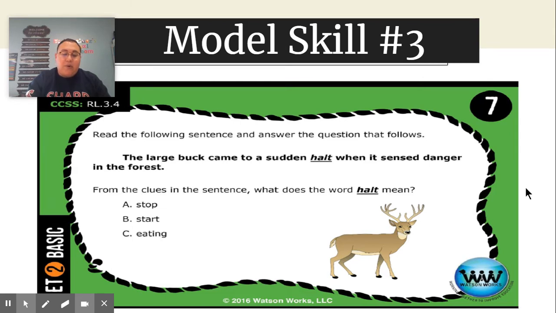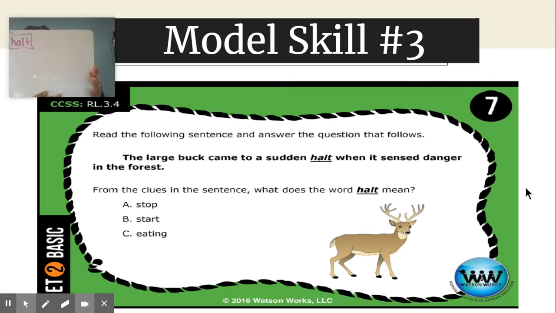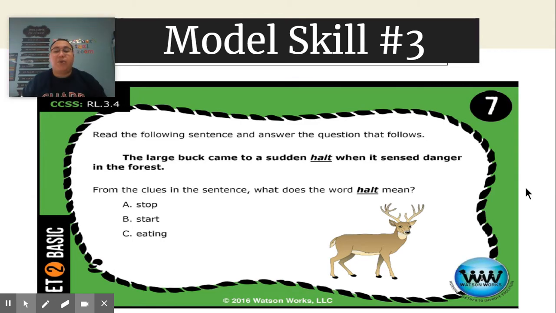So here's my unknown word, right? What are some clue words that I could use around? Sudden could be a clue word, right? I mean, just all of a sudden, right? Danger, right? And also forest. What do deers and bucks do in the forest? Well, they run, right? They run around the forest. That's their homes. So if they came to a sudden halt when it was in the forest, it is